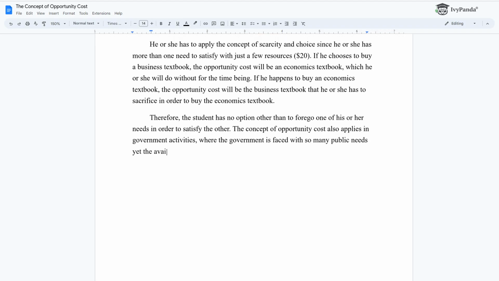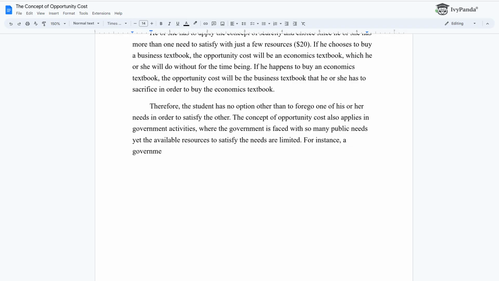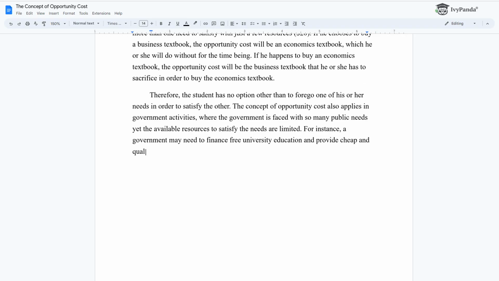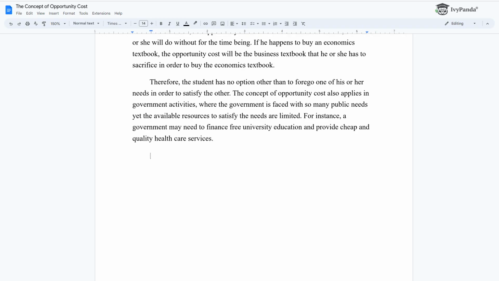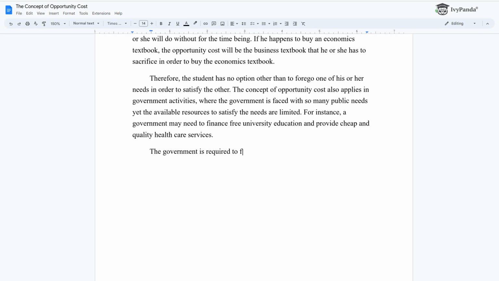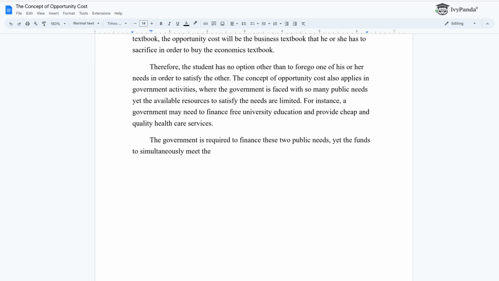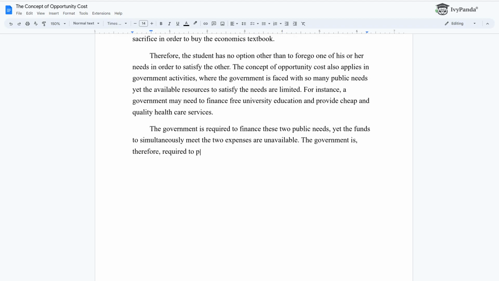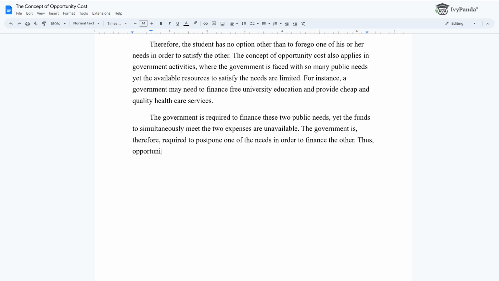public needs yet the available resources to satisfy the needs are limited. For instance, a government may need to finance free university education and provide cheap and quality healthcare services. The government is required to finance these 2 public needs, yet the funds to simultaneously meet the 2 expenses are unavailable. The government is, therefore, required to postpone one of the needs in order to finance the other. Thus, opportunity cost will be the cost of the public needs that have to be postponed in order to satisfy